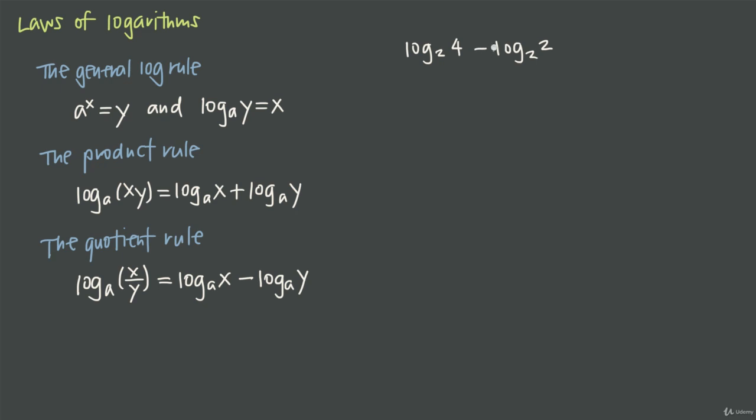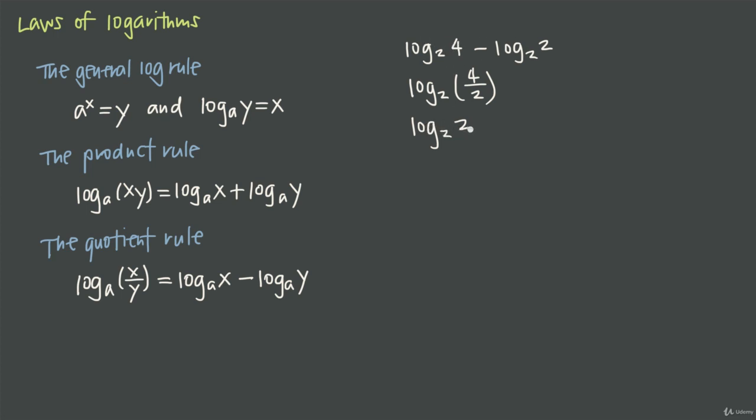So we recognize here that we have subtraction and that we have two logs with the same base. They're both log base 2. So we know that that matches the right-hand side of the quotient rule formula. We'll use that to condense the expression into one logarithm. So when we condense it into one, we get log base 2. And then for the argument, we take the argument on the first log, 4, and divide that by the argument in the second log, 2. 4 divided by 2 is 2, so now we have log base 2 of 2,